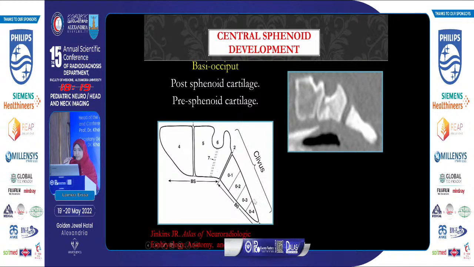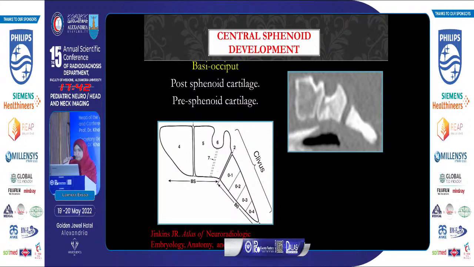So we have the clivus made of multiple different segments, which ossify later on by ossification centers. We have the post-sphenoid and the pre-sphenoid cartilage. The demarcation between them is at the tuberculum sella. So the pre-sphenoid is anterior to the tuberculum sella, and the post-sphenoid is posterior to it, and the suture between them is called the craniopharyngeal canal, while this area is the spheno-occipital synchondrosis. The spheno-occipital synchondrosis is the last to ossify, and usually ossification is delayed until later in age,